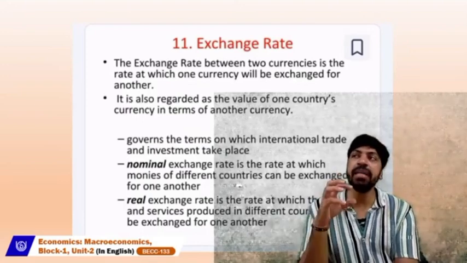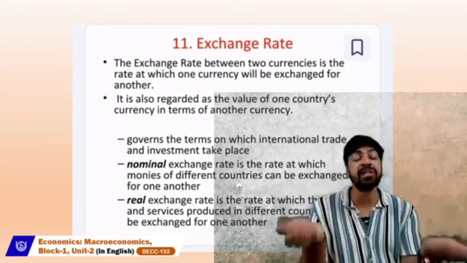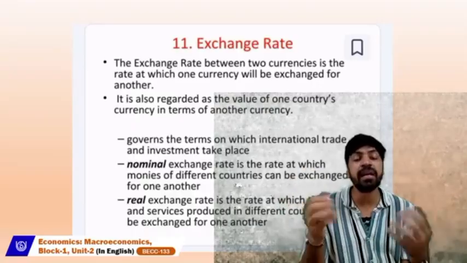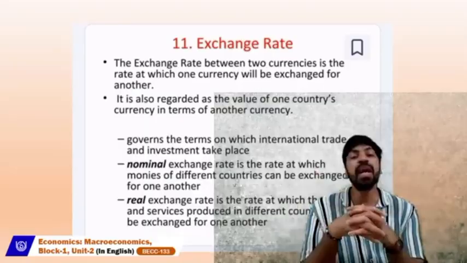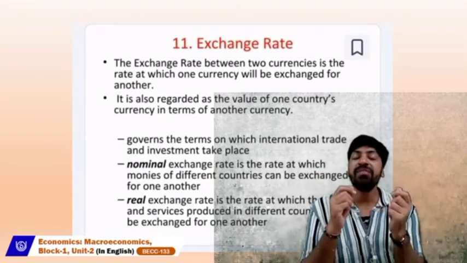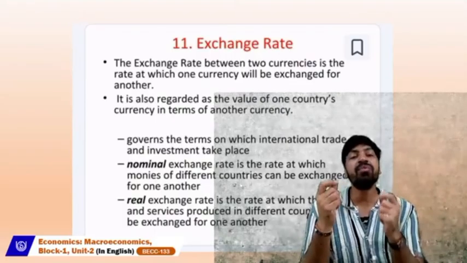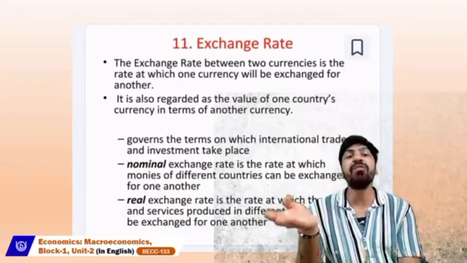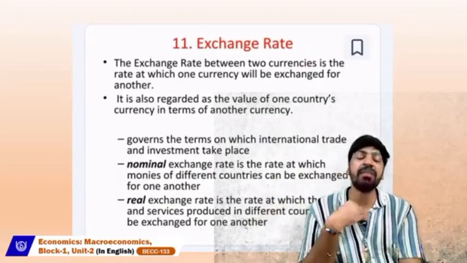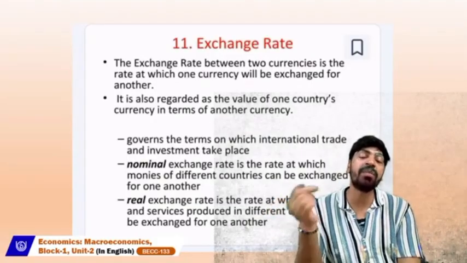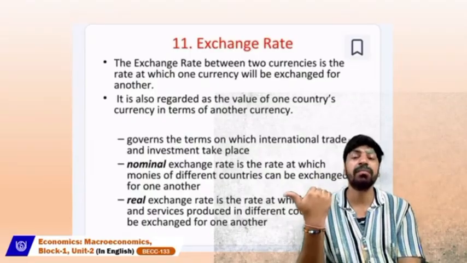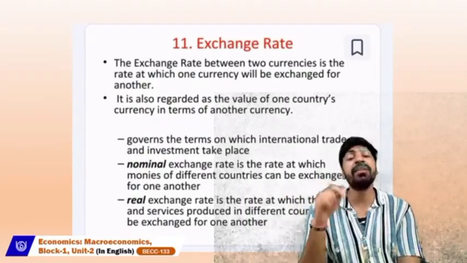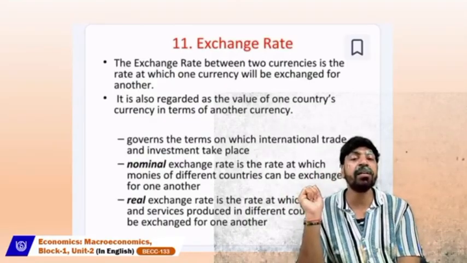So when we talk about the exchange rate, we are ultimately talking about currencies. Exchange of two currencies means a rate where one currency will be exchanged for another. For example, if the American dollar currency is per dollar, the rate of that American dollars would be